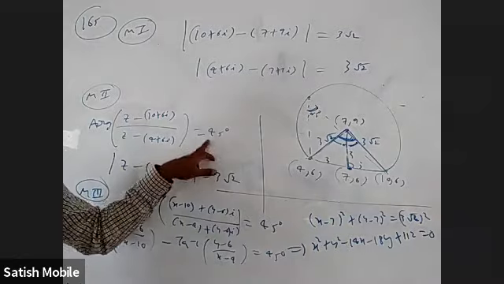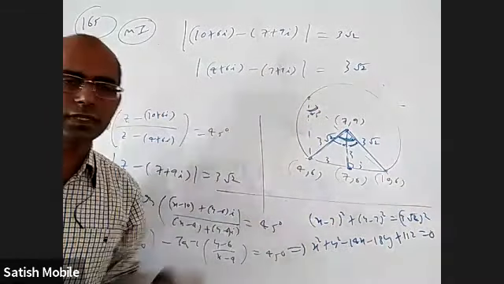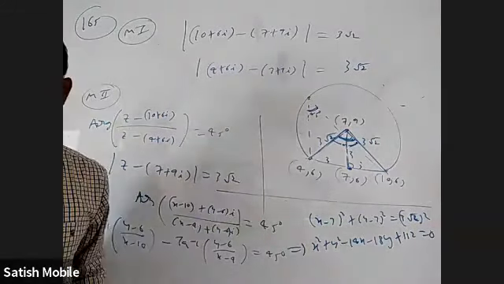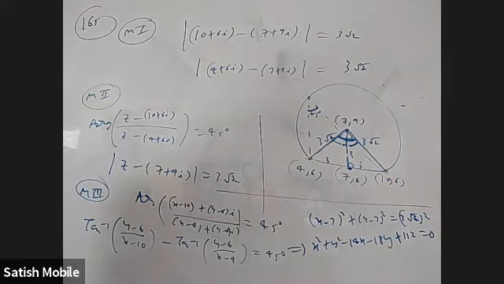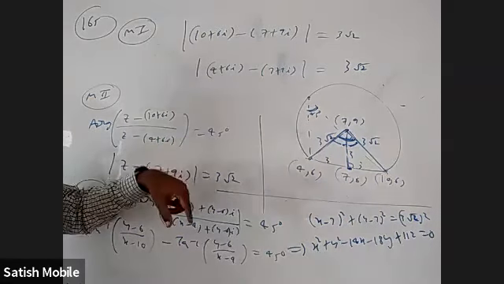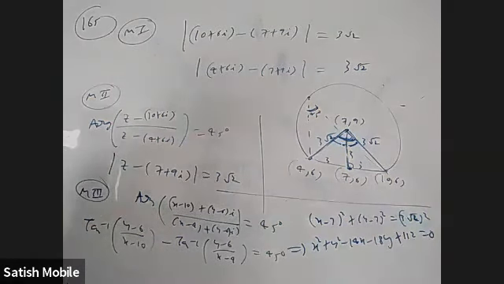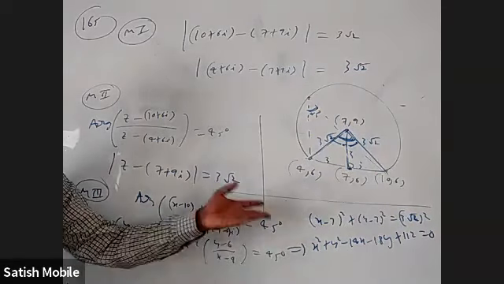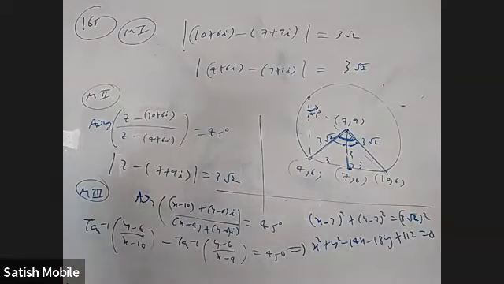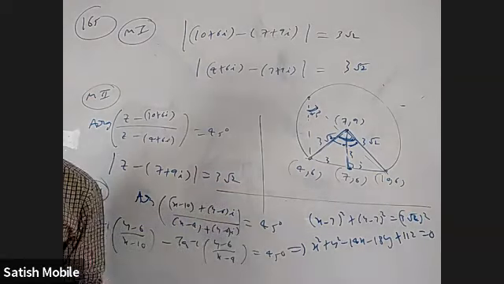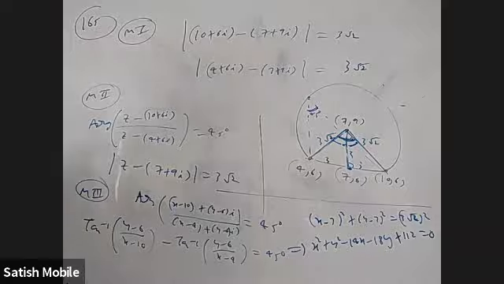How will you know whether this is the upper semicircle or lower semicircle? That is, lower major arc or upper major arc? Because for doing this method, you should know which one it is, otherwise the center will be something else. Here you don't have to worry. Let them give 135 degrees, minus 45 degrees, 30, 60, minus 60. Anything will do, right? If the angle is between 90 to 180, then it is the lower major.